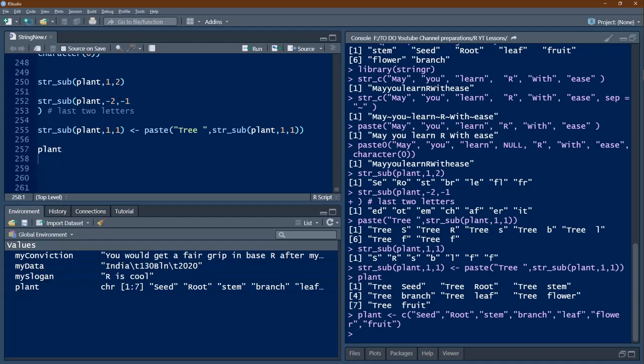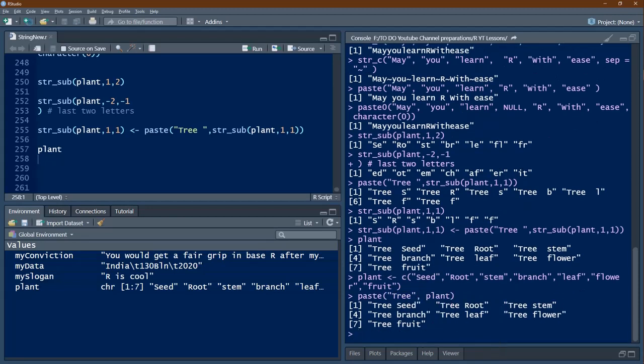Now plant has been restored. Now suppose I use paste and then tree, then comma, I want to use plant. Then what happens? I get the same result.